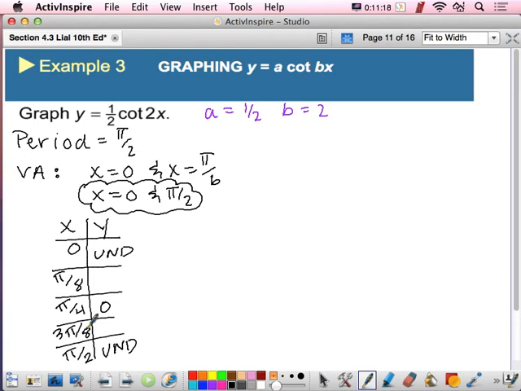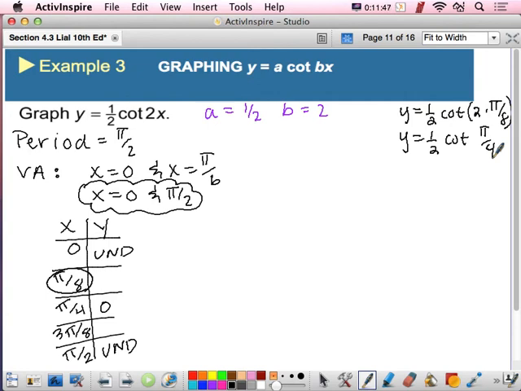All right, so we just have to figure out which one of these. And I usually just look at the smallest. This is my smallest positive, pi over 8. And I come over here and say y equals 1/2 times the cotangent of 2 times pi over 8. So y equals 1/2 times the cotangent of what? Pi over 4. If you use the first one after 0, it should always collapse to pi over 4 for